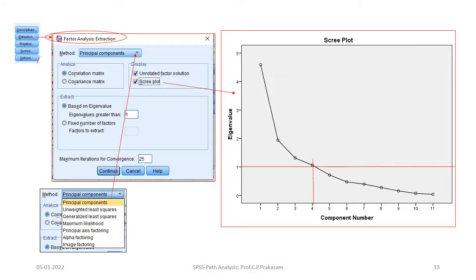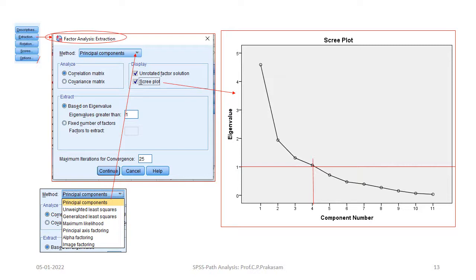Once you click the scree plot, you can see on the right side it will automatically plot a graph showing that the variables have been plotted on the basis of the eigenvalues. Whichever has the highest eigenvalue will be the first factor, the next one is the second, third, fourth and so on.